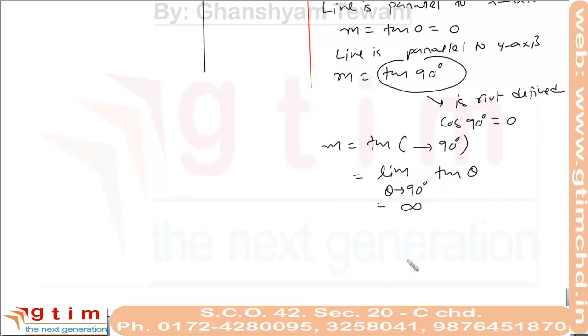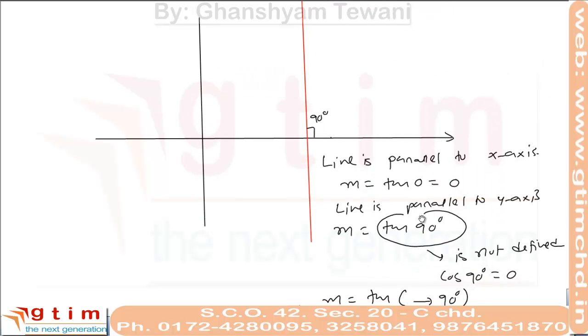This is infinity because when theta approaches 90 degrees, tan theta is the ratio sin theta upon cos theta. When theta tends to 90 degrees, sin theta approaches 1, but cos theta approaches what? 0. Now 1 upon something tending to 0 approaches infinity, which is plus infinity, positive infinity. So remember, when a line is parallel to the y-axis, slope tends to infinity, and when a line is parallel to